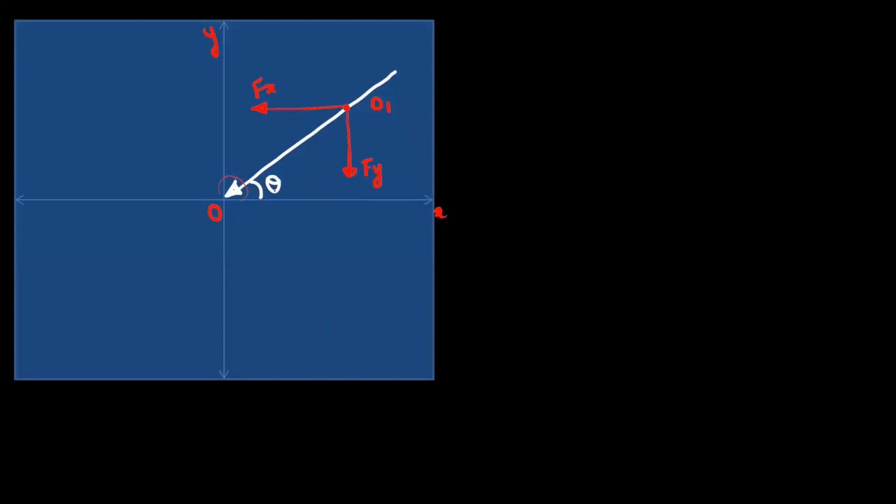Now we have to find out the angle. So this angle is theta. So this angle will be theta, alternate angles. And now you can write this value Fx. We know that theta is adjacent, so this is F cos theta and this is F sine theta. And in the calculation, as Fx is negative, it is minus F cos theta. Fy is also negative, so it is minus F sine theta. So this is the resolution. Actually, your force is lying in the third quadrant.